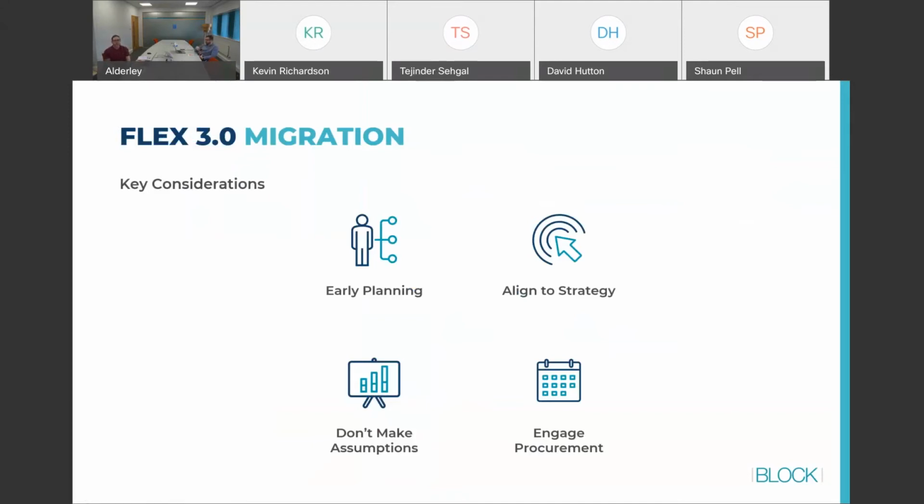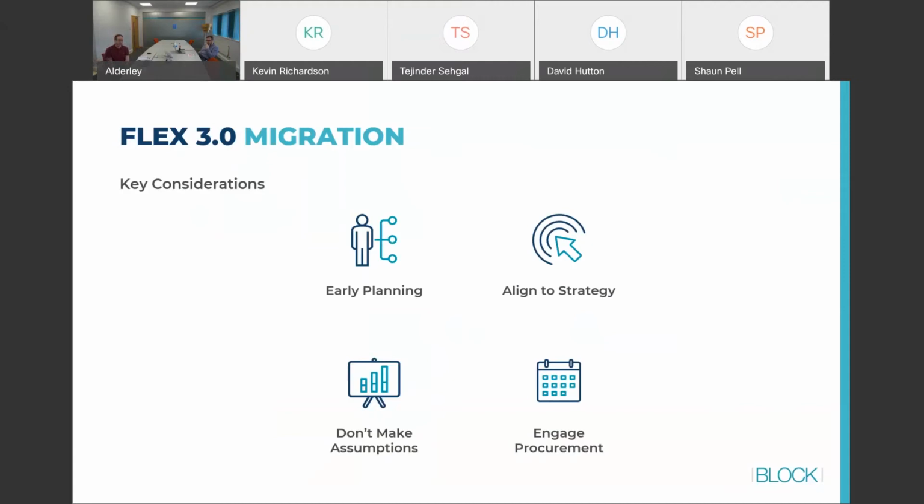So just to round everything up, the key considerations for the Flex migration: plan early. Speak to us, speak to senior teams within the organisation, make people aware that there is a change. If you're planning early, engage with me, engage with the account teams, and we can get that migration path started ASAP.